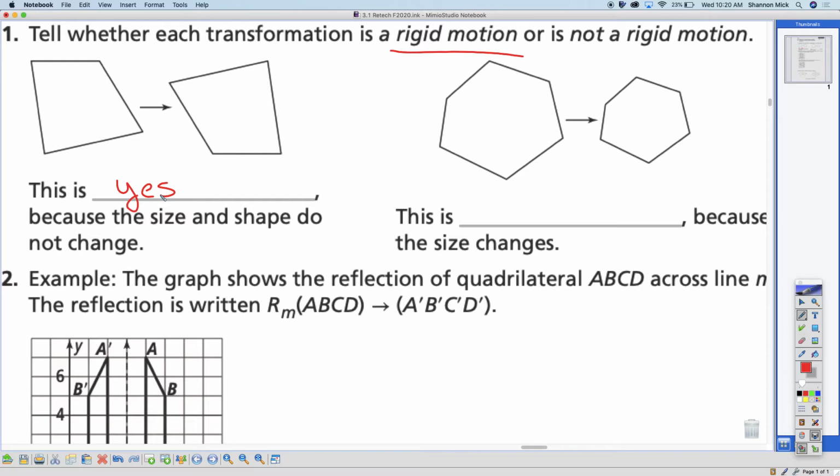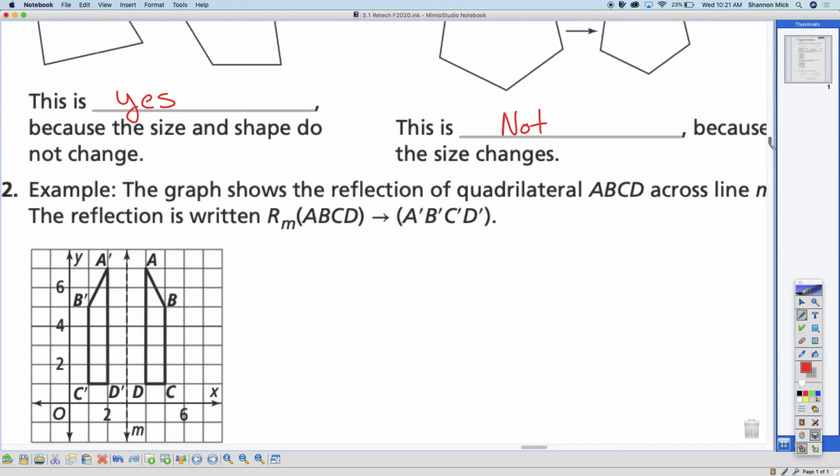Was it a reflection? No. It was like a rotation. It's like a rotation, isn't it? Okay. And we will be doing that. Okay. The next one. It is not. And why is it not? Because it changes size. Now, the next one is just an example, but we're going to write the rule for